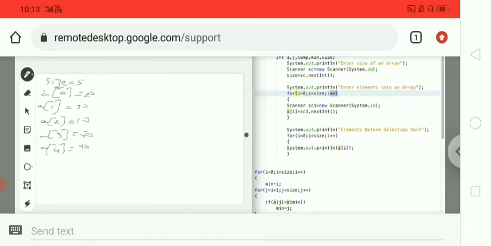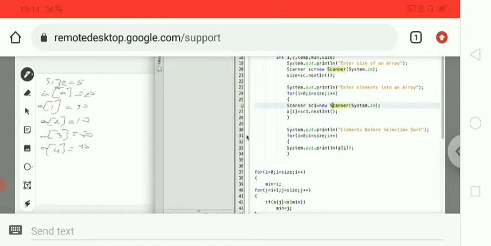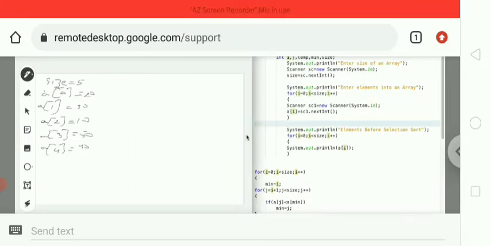In this way we can store the values in an array. At last, i plus plus makes i equal to 5. So 5 less than 5, the condition is false and it jumps out of the for loop. Up to here the logic is finished. So in the array the values are 20, 30, 10, 50 and 40. Now we have to check this.